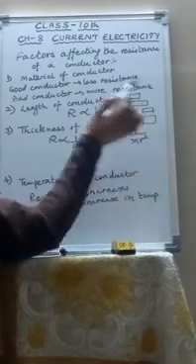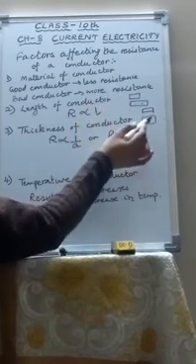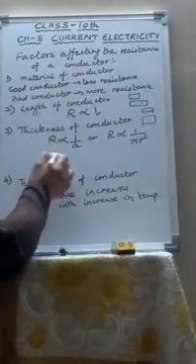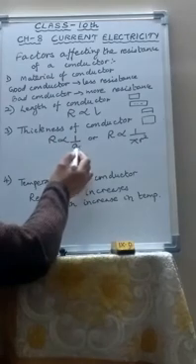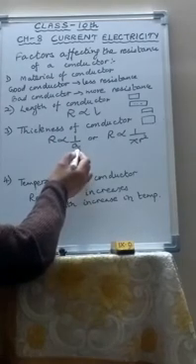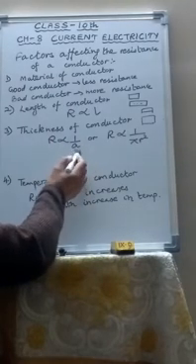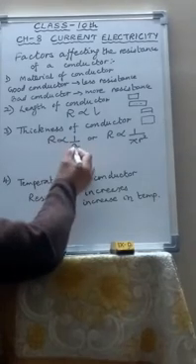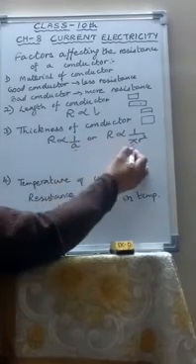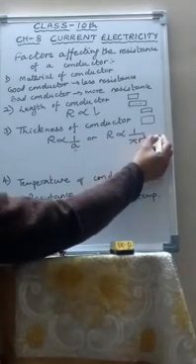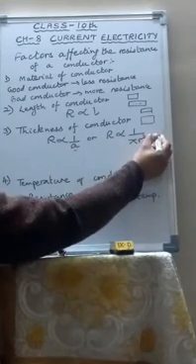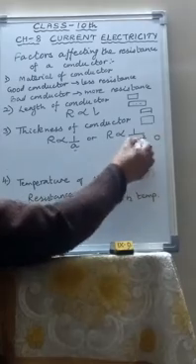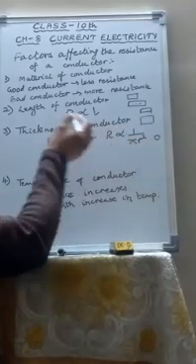The electrons can move easily, obstruction will be less. So resistance is inversely proportional to the thickness or area of cross section of the conductor. Less thickness, more resistance; more thickness, less resistance. Also you can substitute area with pi r square because the front cross section of a wire is a circle and the area of a circle is pi r square.